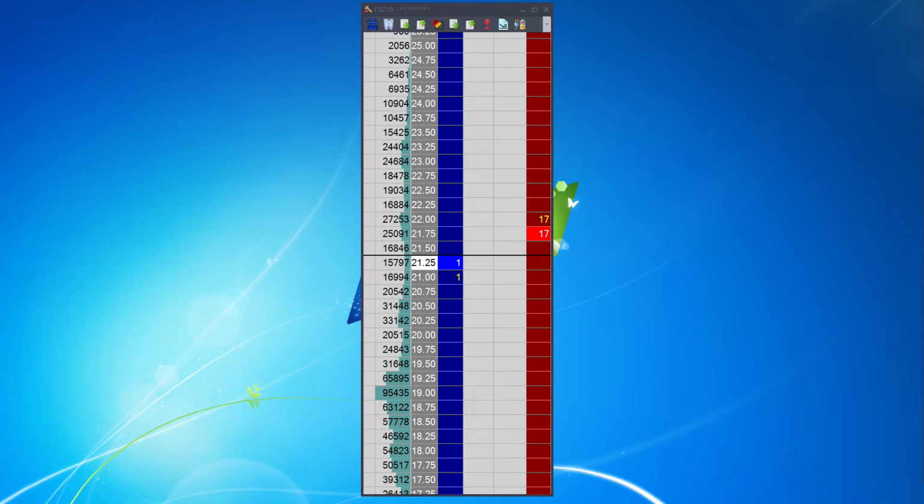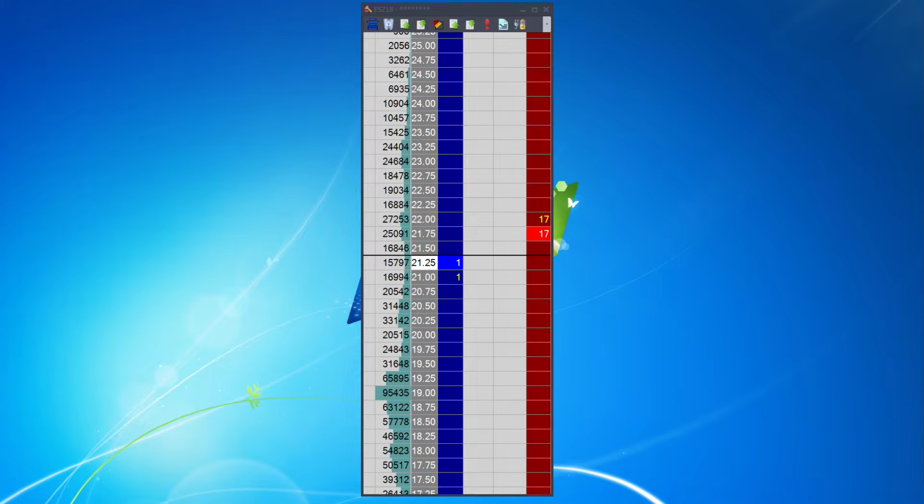All right, so I'm redoing a video I did some time ago on how to read a DOM. So this video is going to be basically how to read the DOM. It's also called a depth of market or the ladder, which is kind of slang. This is going to allow you to really comprehend how to read it at the end of this video. So we're going to really dissect things, what everything means, and you should be confident because